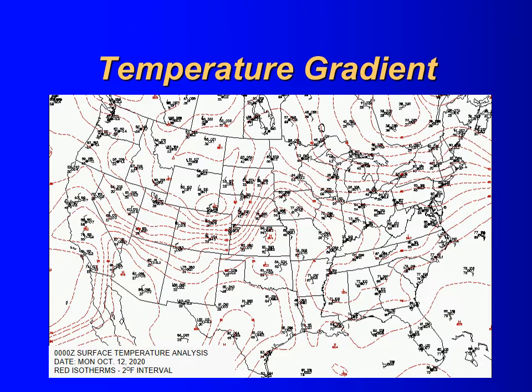This is what the surface looked like with a temperature analysis. So these red lines represent isotherms. The isotherms are drawn every 2 degrees Fahrenheit at the surface. And you can see the packing of the isotherms right behind the cold front across Nebraska. You see it kind of gets a little bit more diffuse with the occluded front up through South Dakota and